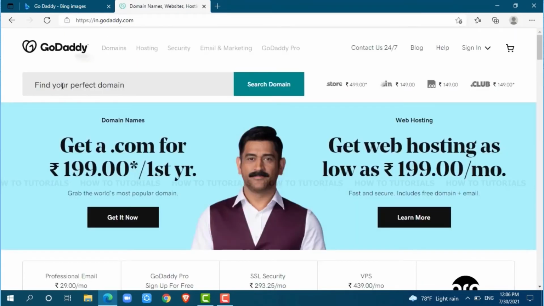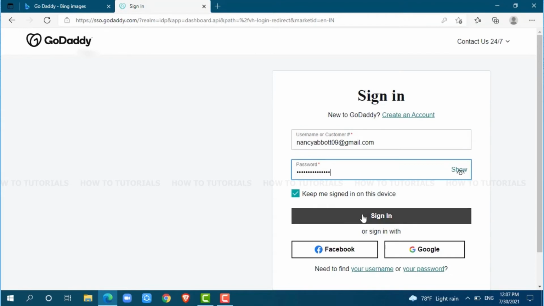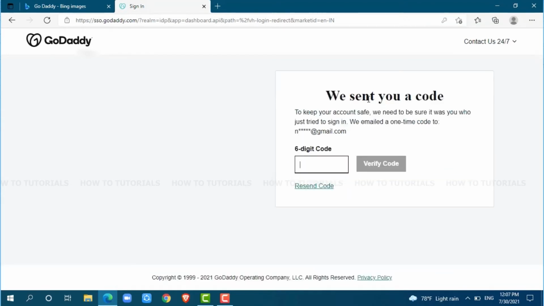At the official web page of GoDaddy, you can see the sign in button. Click on sign in. First, you need to get logged into your account. For that, you need to provide your registered username and password, then get logged in. Click on sign in. Here, GoDaddy will send a 6-digit code to your mail address, so you need to go